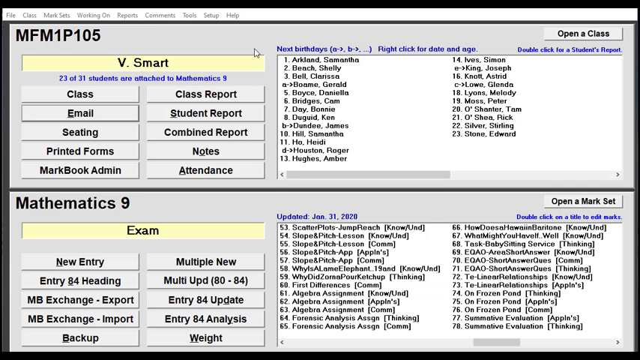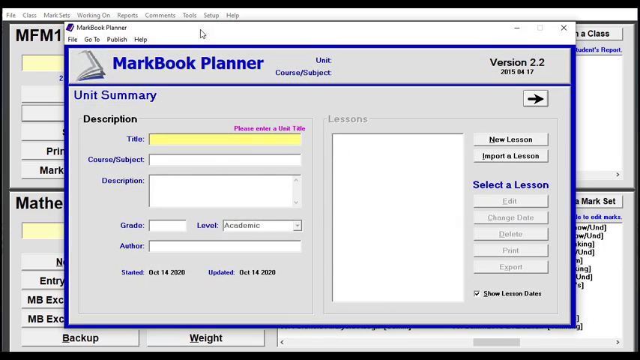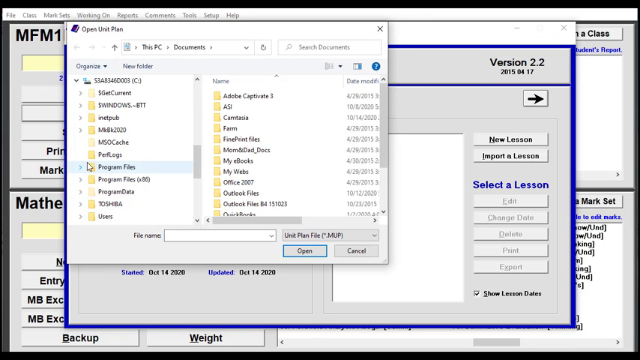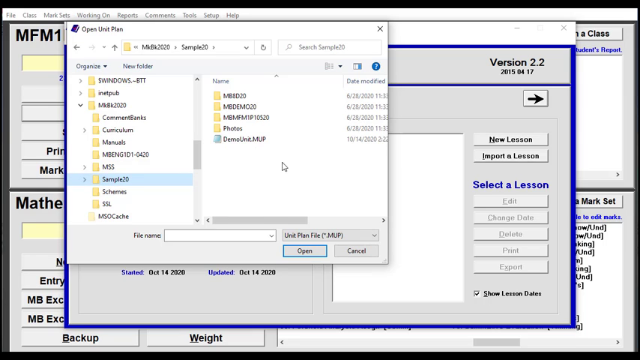To open MarkBook's Unit and Lesson Planner, again go to the Tools menu and select the Planner. It will be blank if this is the first time reaching this screen. However, we supply a sample. Go to File, Open a Unit, and on the C drive inside MarkBook 2020 there is a samples folder, and there's an MUP file located there. Open it,